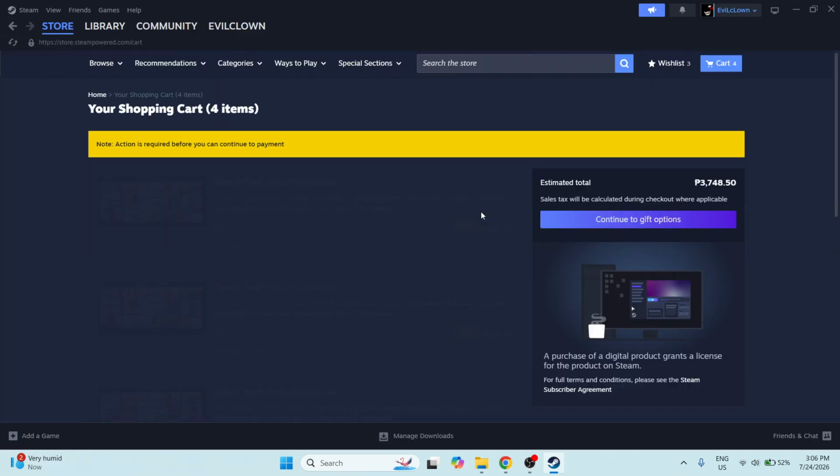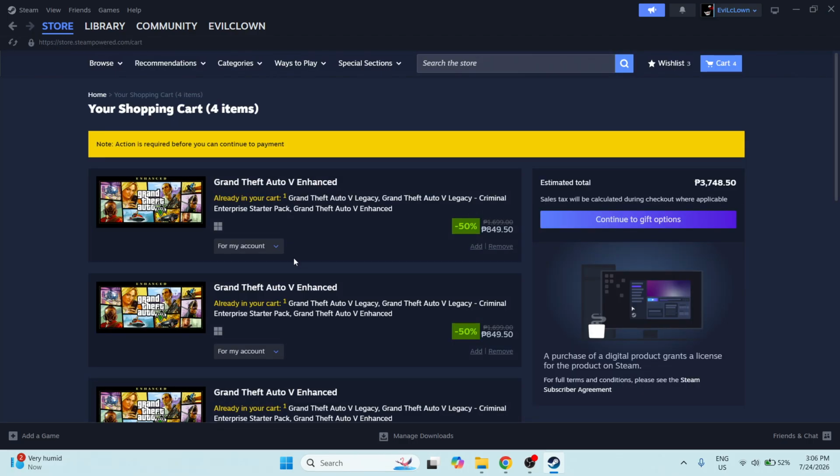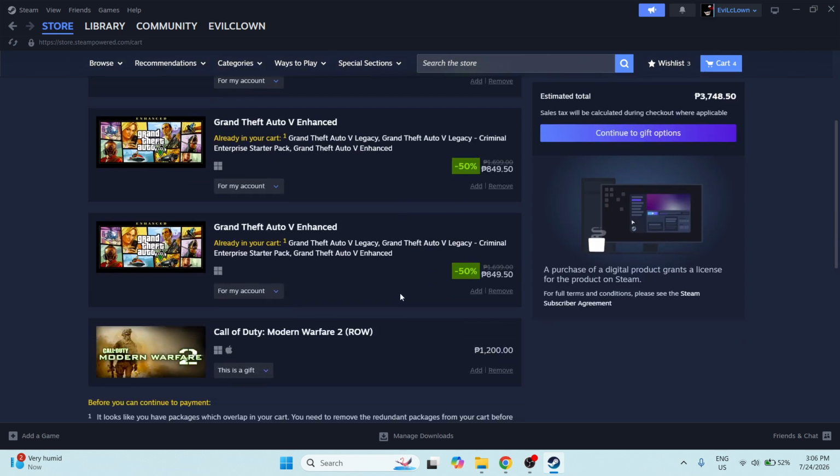Make sure you're signed into the correct Steam account before moving forward, because the game license will be tied to that account. After that, choose your payment method. Steam supports a few different options depending on your region. These may include your Steam wallet, a credit or debit card, PayPal, or local payment methods if they're available in